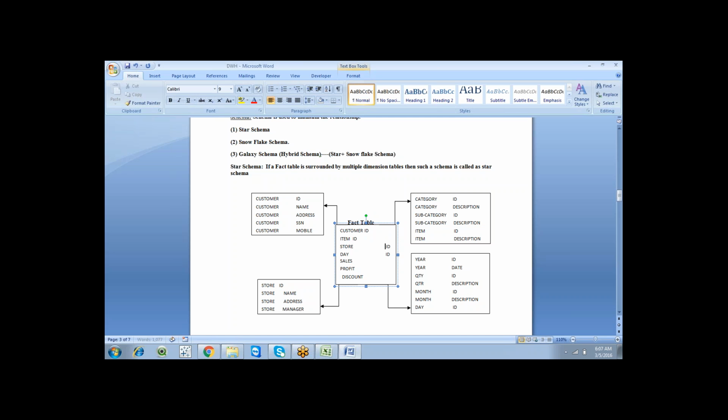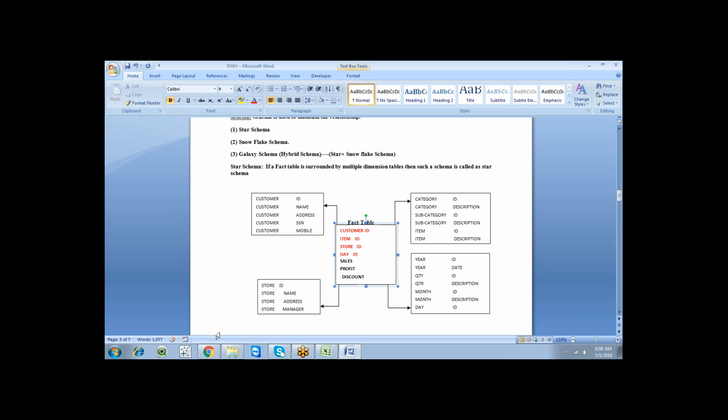And we have sales, profit, and discount, and these are facts. These are key columns, so customer id, item id, store id, and day id are keys.